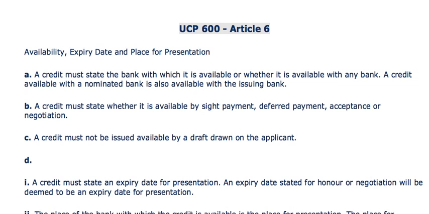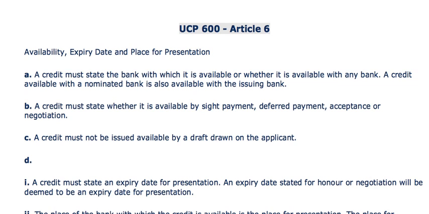A credit must state the bank where it is available, because it can be presented there only. It cannot be presented in any of the banks. Some bank is nominated for that purpose where it is available. Or it can be sent direct to the issuing bank also. But again, if the beneficiary sends direct to the issuing bank, the money must go to some banker, some account. So he has to mention that.